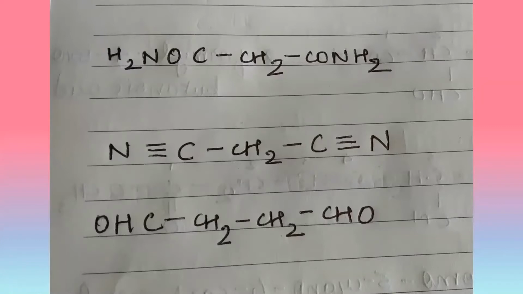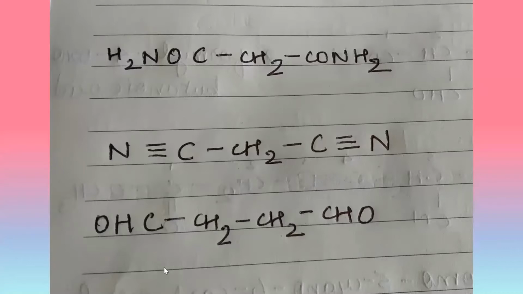In the same way, here you see I have taken examples of 2 amide groups attached to the carbon atoms, 2 cyanide groups attached to the carbon atoms, and 2 aldehyde groups attached to the carbon atoms. Here they are taken as functional groups only, since they are the same functional groups. We don't take another one as the substituent. Whenever they're present in the terminal end, we take both of them to be our main principal functional groups.